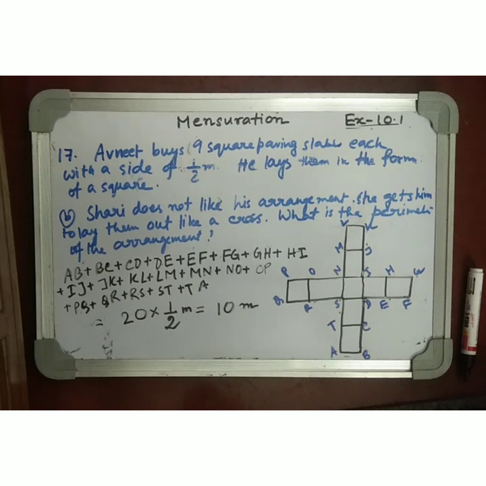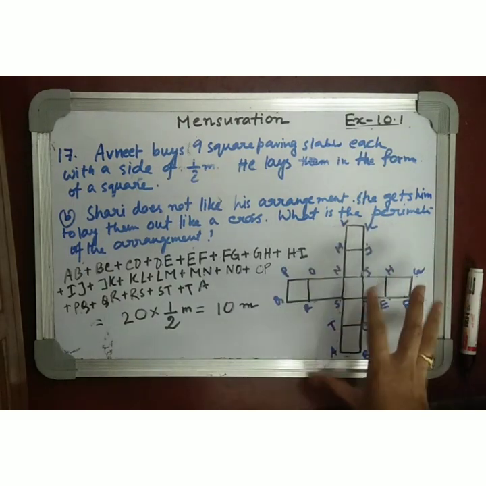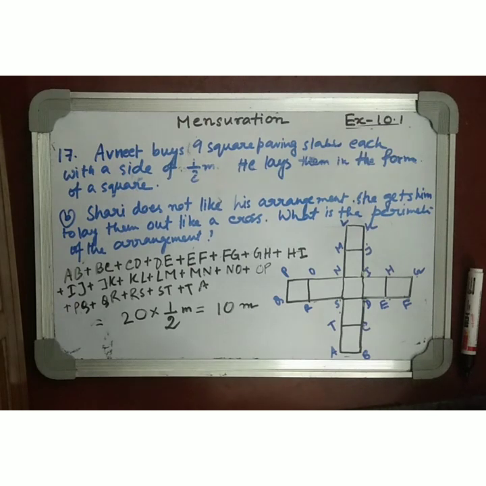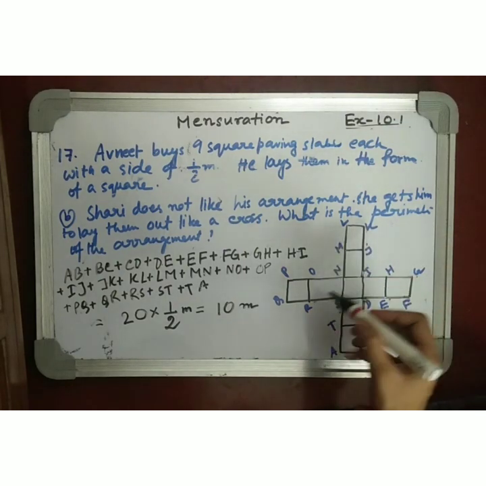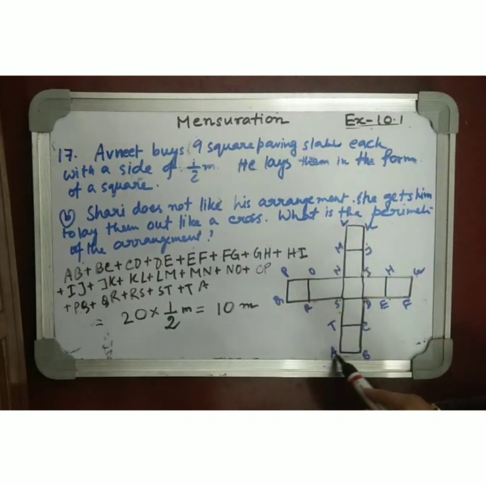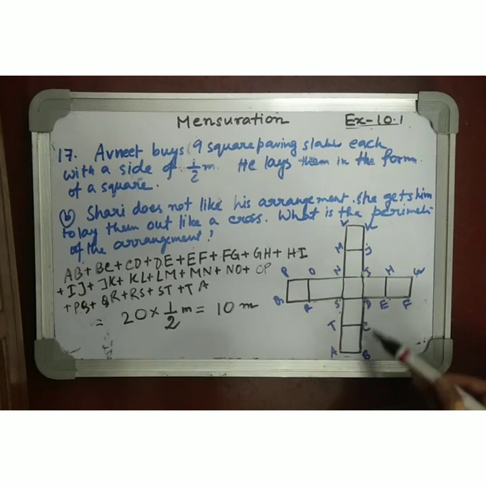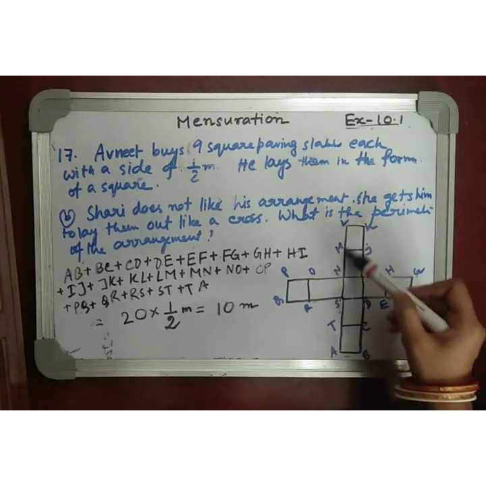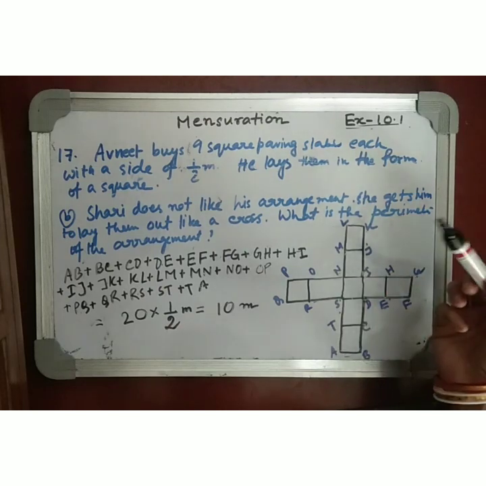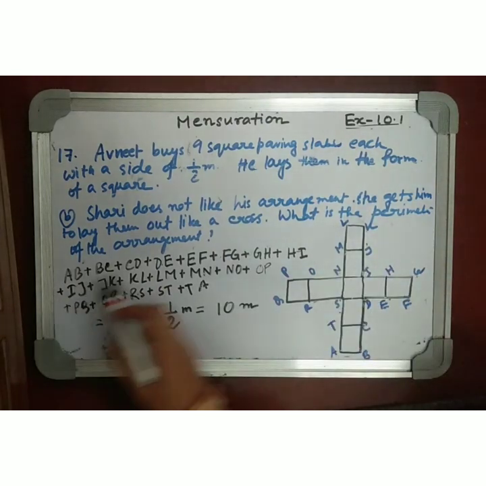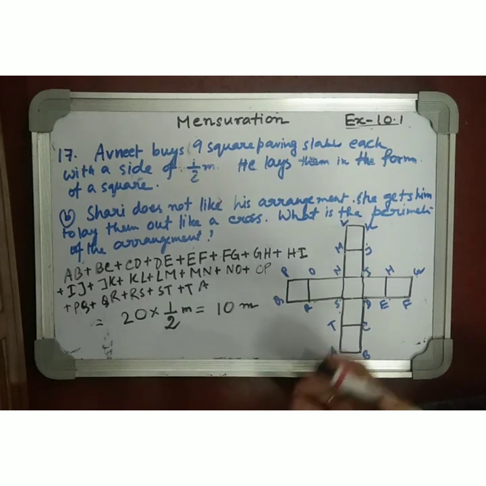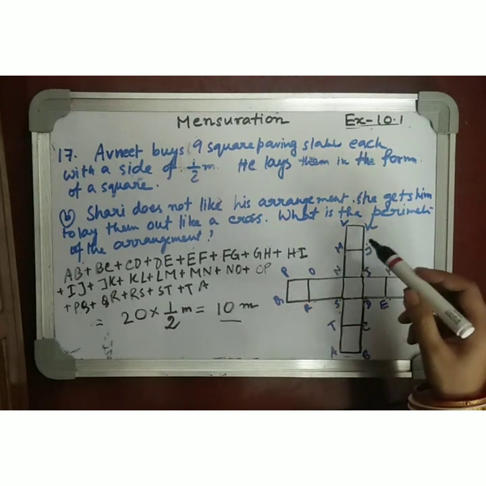Okay, so let's recapitulate it. First of all, Shari has made this figure by using those 9 squares which have half meter of length. Now I have given each of the points a name. From A we have started and we have finished at A also. Now AB is of length half meter, BC is of length half meter, CD is of length half meter, DE is of length half meter. The length between any 2 consecutive points is half meter. So what to do? We can see 20 halves are there. The half of 20 is 10 meters. So the perimeter of this given figure will be 10 meter.